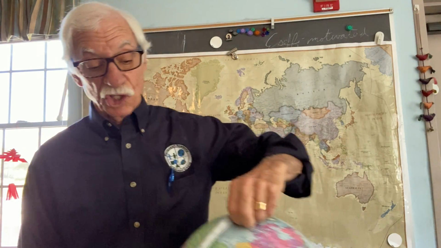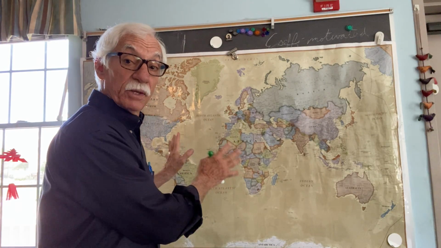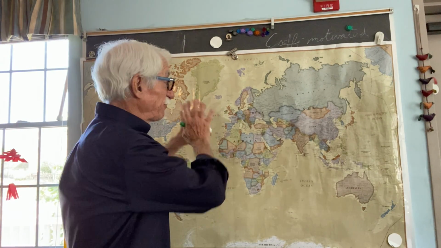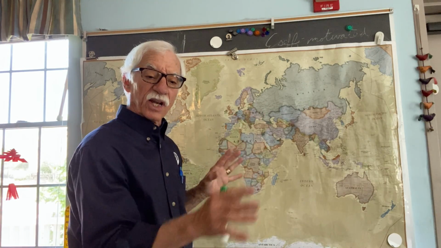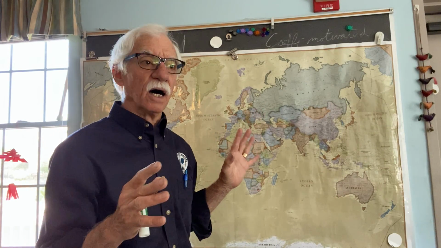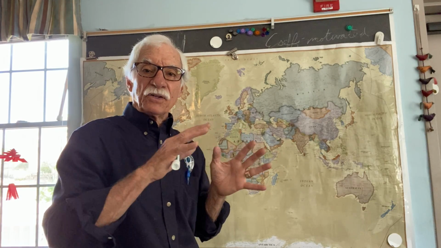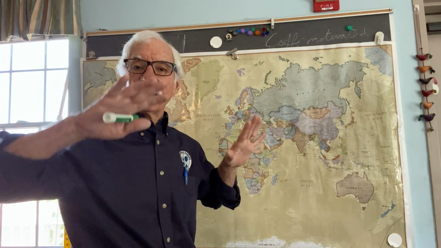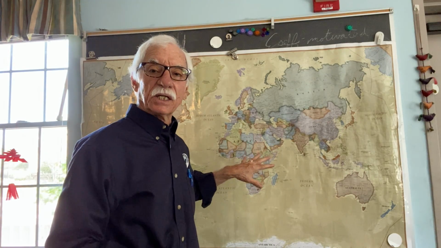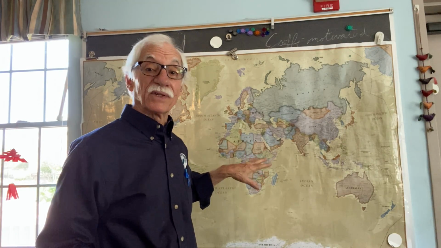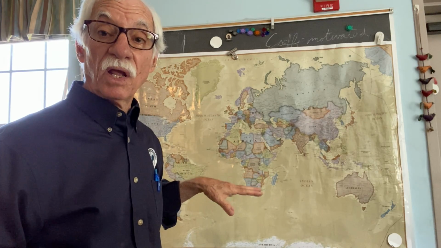But what geographers have done is they've taken that globe, and you can see behind me here, and they've flattened it out and made it a flat map. Now that distorts things a lot because, if you take a ball and flatten it out into a frisbee, you'll see that the spaces move. And so it's not a realistic representation of where the continents, the countries and the cities are,